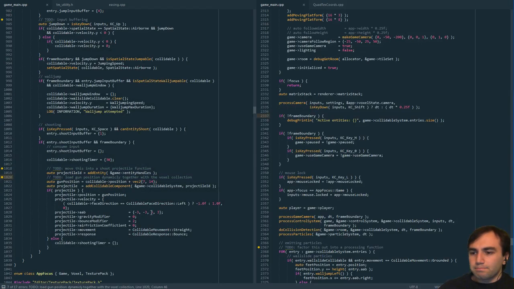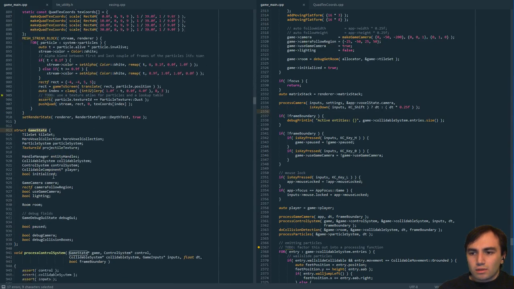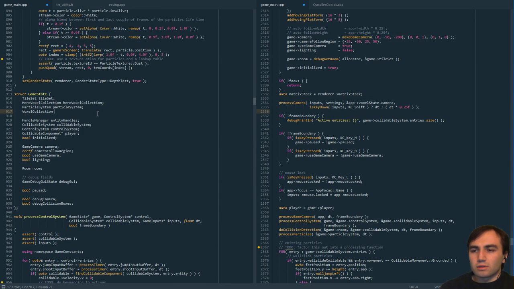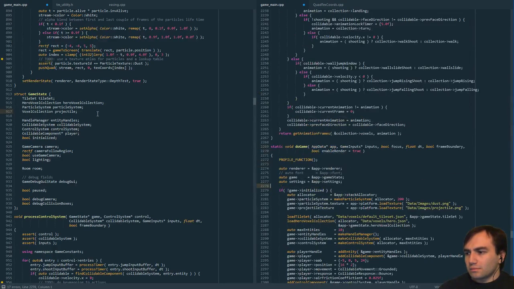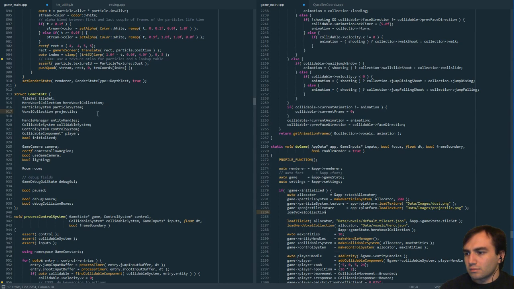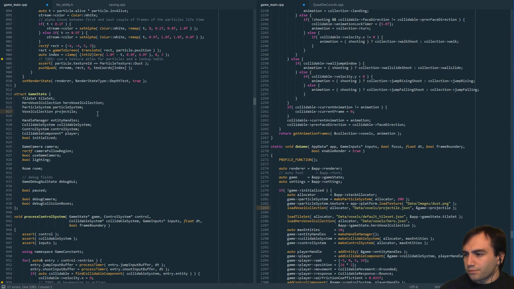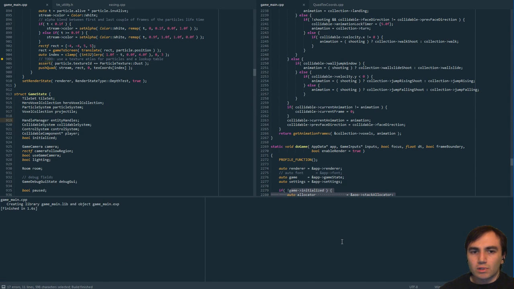Then in game, instead of loading the texture, we need to load the voxel collection. Okay, and then